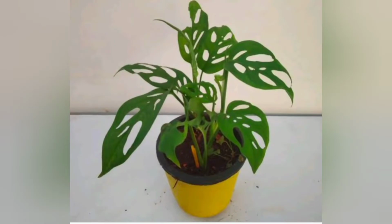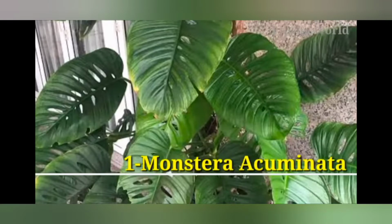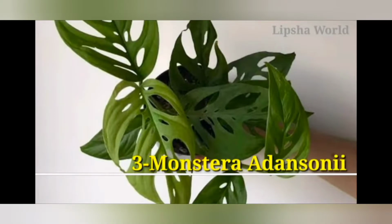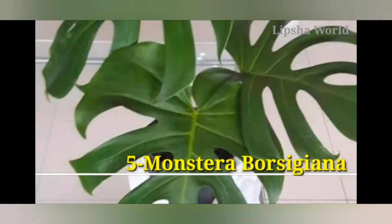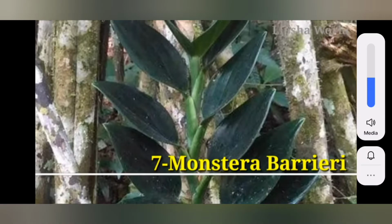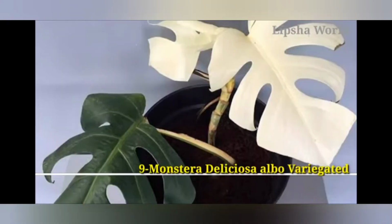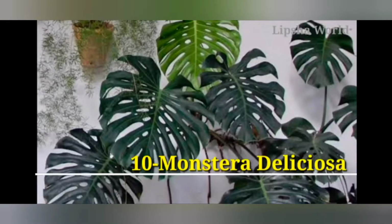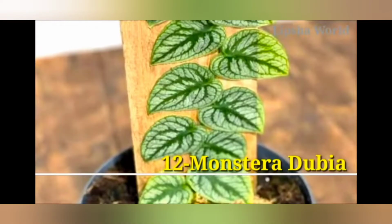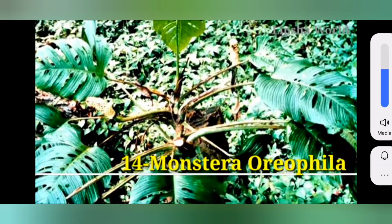May I present to you first some of the relatives of this Monstera. There are 30 rare Monstera varieties. 1. Monstera acuminata, Monstera lania ssp., and we have there Monstera adansonii. Monstera adansonii, this is variegated. Monstera borsigiana, you will note it. We have there Monstera borsigiana variegated, Monstera barrieri, Monstera bussiae, Monstera deliciosa albo variegated, Monstera deliciosa, this is the Swiss cheese plant, Monstera dissecta, Monstera dubia, Monstera obliqua, just the same as the adansonii, Monstera oreophylla,